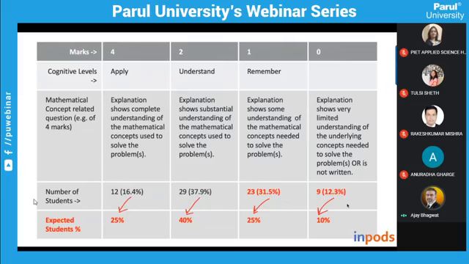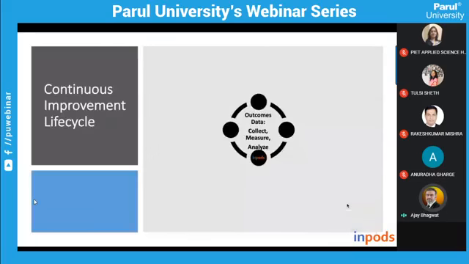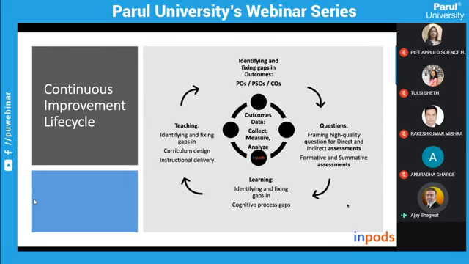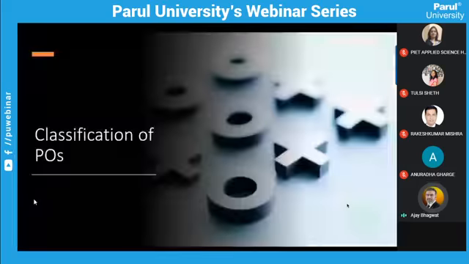So how many students you could practically push upwards from remember bucket to understand, and from understand bucket to apply? We know that it is impractical to think about all the students to be at apply level, but there could be a reasonable level of targets that you can think about, and accordingly the gap analysis could be done. So the foundational process of evaluation doesn't change. We actually just add a couple of layers on top of our current teaching learning process, and everything then immediately changes. And that is the continuous improvement that we can bring in when we start analyzing the learning process of the students.